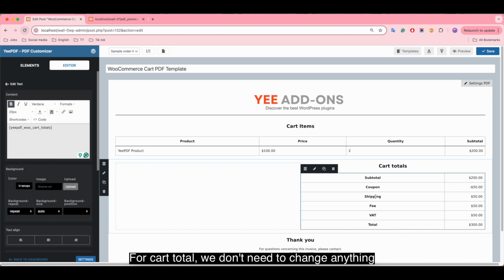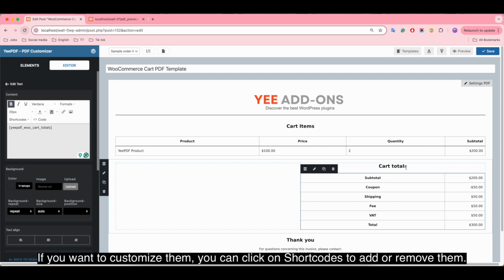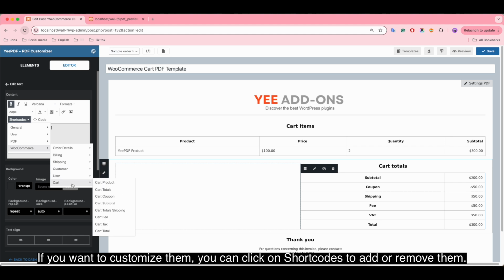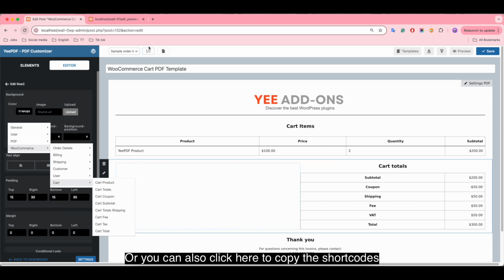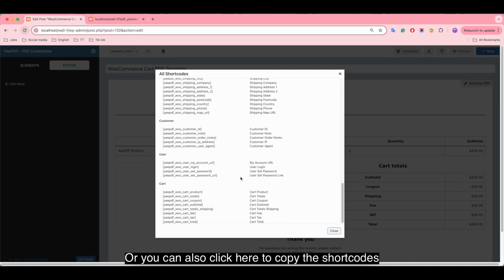For card total, we don't need to change anything. If you want to customize them, you can click on shortcodes to add or remove them. Or you can also click here to copy the shortcodes.